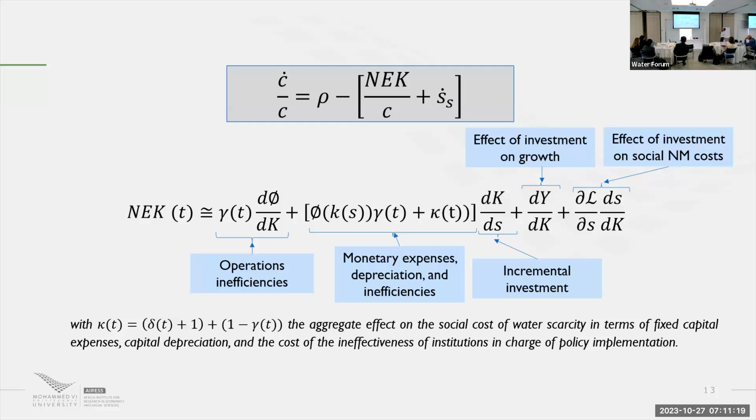So we end up with this result, which describes the growth of the unit social cost of water scarcity, which depends on the social rate of discount and what I call here the net effect of capital per unit cost of scarcity, plus the velocity of scarcity. So the speed at which scarcity evolves within society, and this net effect of capital is described by this equation, which involves operational inefficiencies, monetary expenses, the effect of investment on growth, incremental investment, and the effect of investment on social